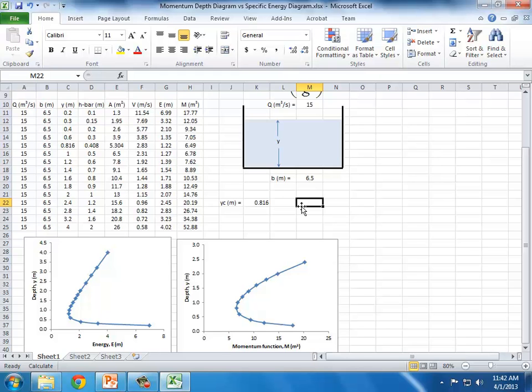And so the diagram that we looked at just now, where we have a momentum function versus depth, that's used in a hydraulic jump. In a hydraulic jump, energy is not conserved. In a case like a channel getting wider or narrower, the energy is conserved through gradually varying flow. But in rapidly varying flow, although energy isn't conserved, momentum is.